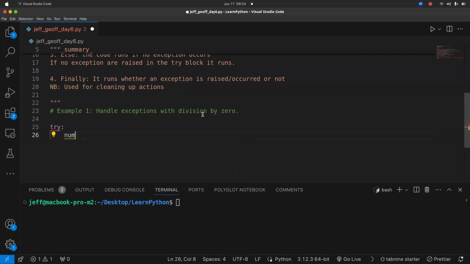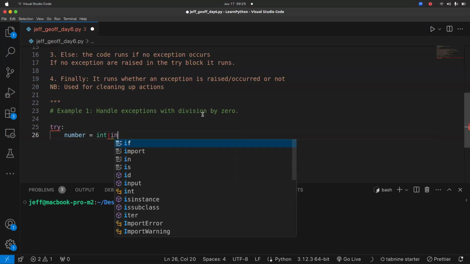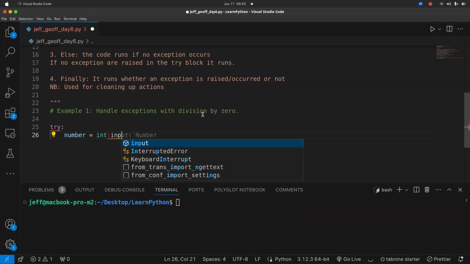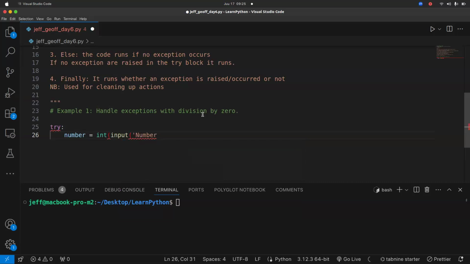Some people use num for number, but let me just say number. We are going to input a number, which is an integer. That's why I'm using the int. So the number, then you enter a number.